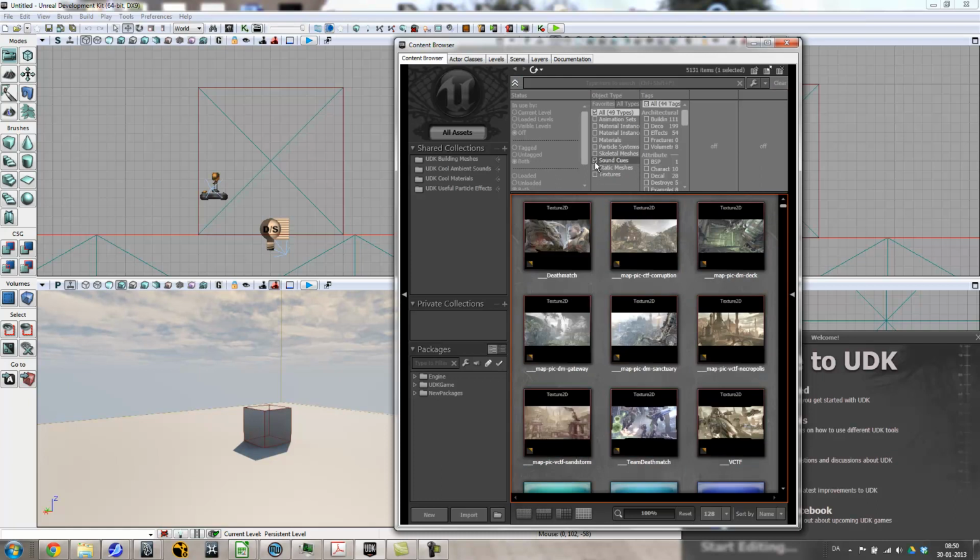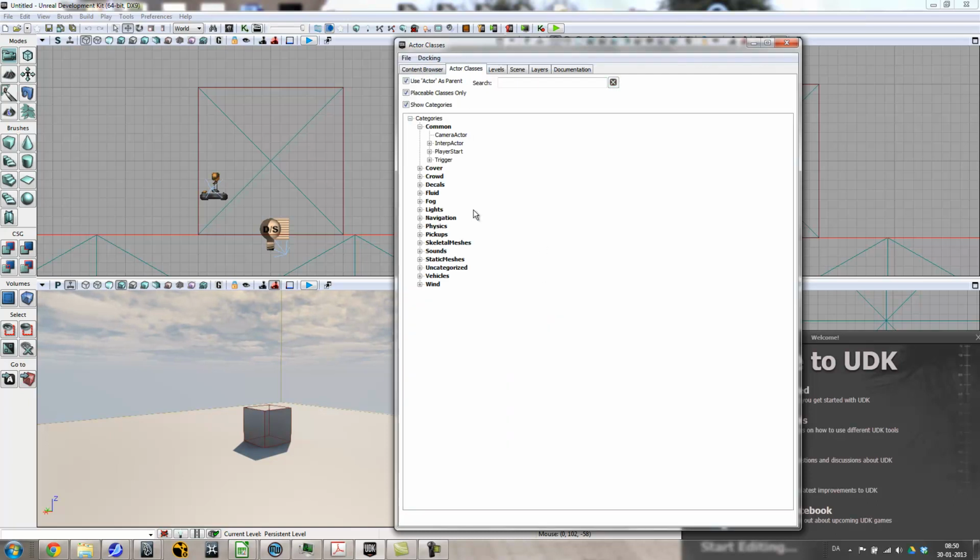So different sounds can be added and so forth. The content browser really contains everything. Also there's actor classes. These are things you can add to the scene, so things like